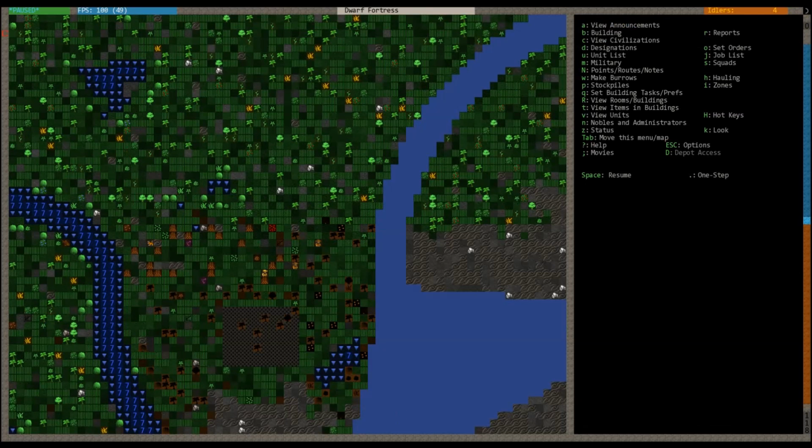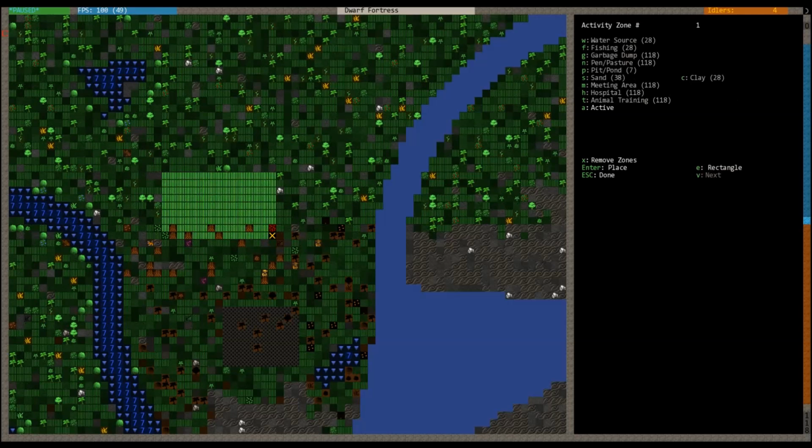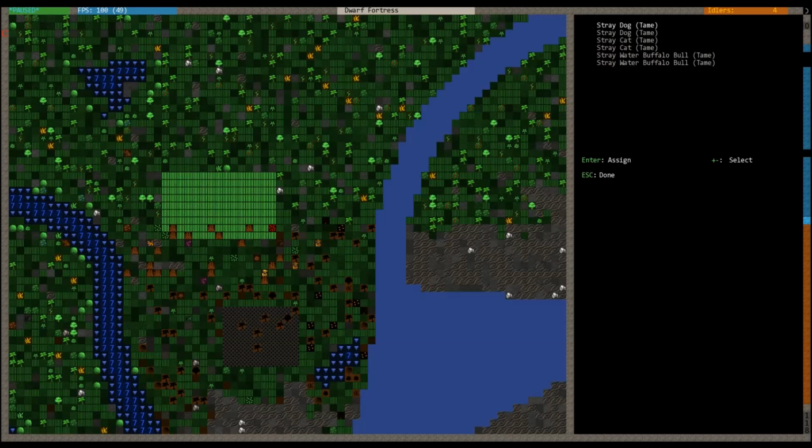First things first, something I was talking about a day ago: one of the first things I want to do, especially before I even do the great hall, is set up an area right here. This will be big enough right there, and it's called a zone. You can use zones for all sorts of things: water sources for fishing specifically, garbage dumps, and so on. We're using this one for a pen and pasture, uppercase N,